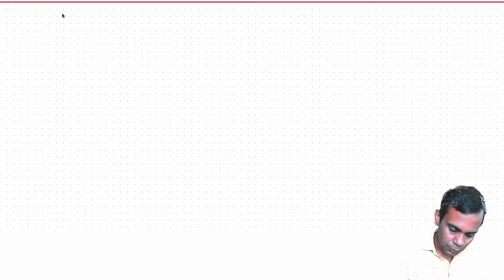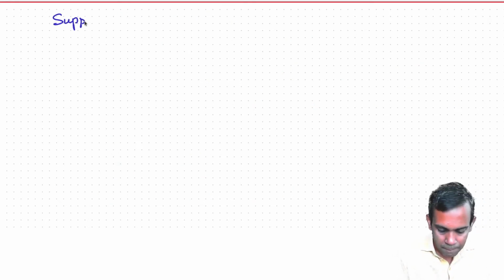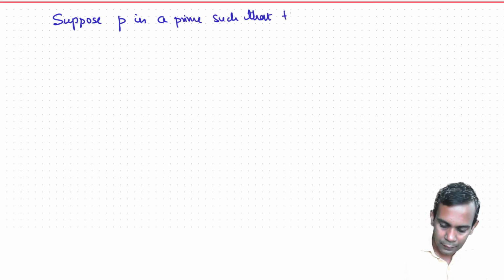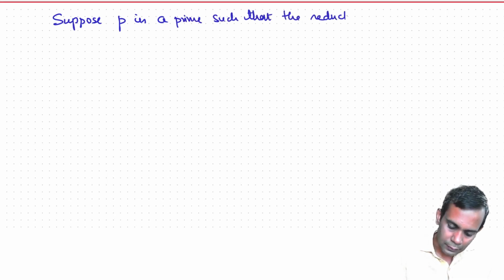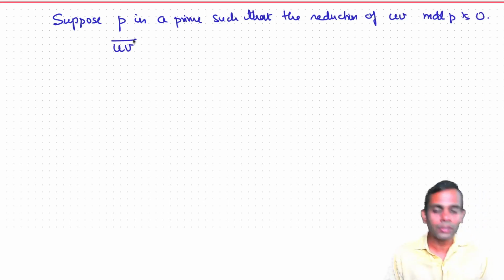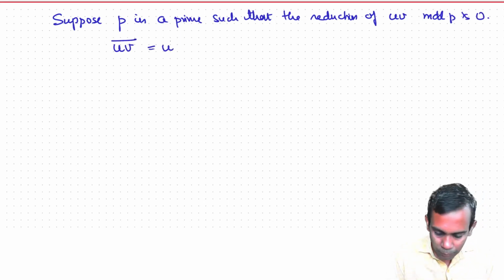So suppose p is a prime such that the reduction of uv mod p is 0. But then note that uv bar, the reduction of uv mod p, is u bar v bar,